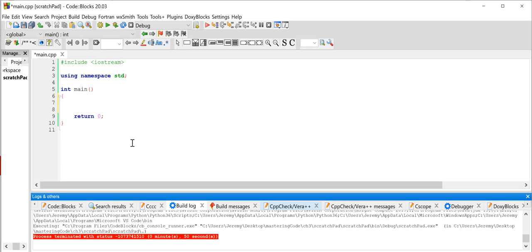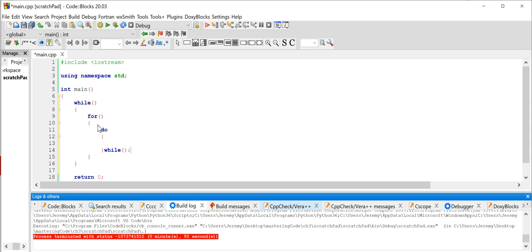Just like you can nest if statements within each other to your heart's content as many times as you need to get the job done, you can also do the same thing with loops. And really, there's no restriction on what kinds of loops can contain other kinds of loops. So, for instance, you can have a while loop that contains a for loop that contains a do while loop,